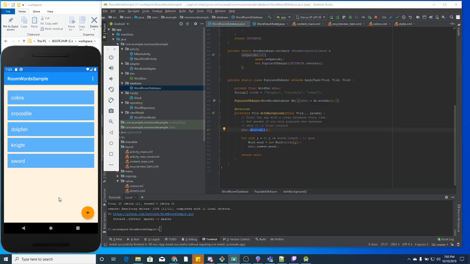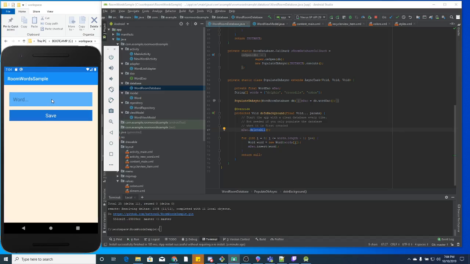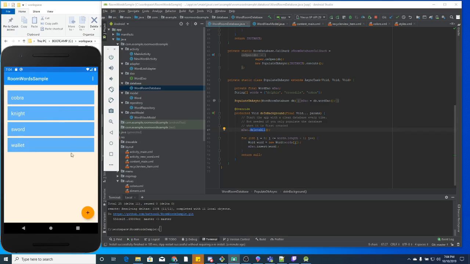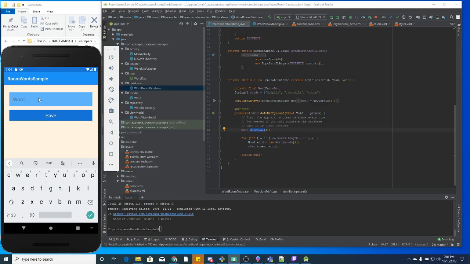And additionally, the extra functionality, the deletion. So I did 2 things, mostly for discovery. A short click just pops up with a toast, but the long click is how I delete something. So if I click and hold, or on your phone press and hold, you can see it deletes those items. And of course I can go and add more words back to our list. And you'll also notice that when we add these, they're in alphabetical order because we sort them in alphabetical